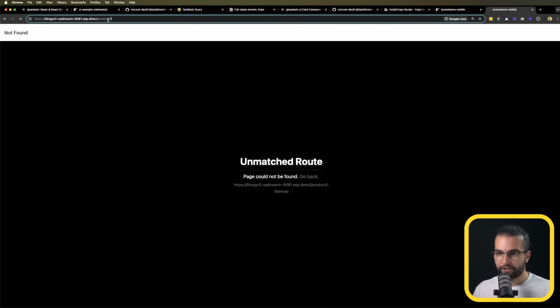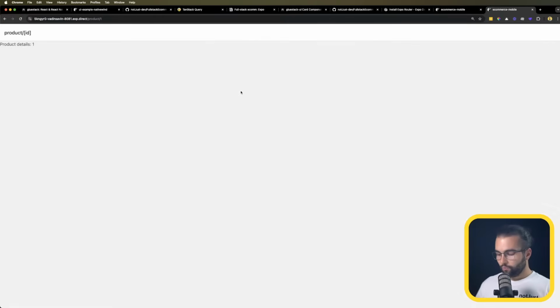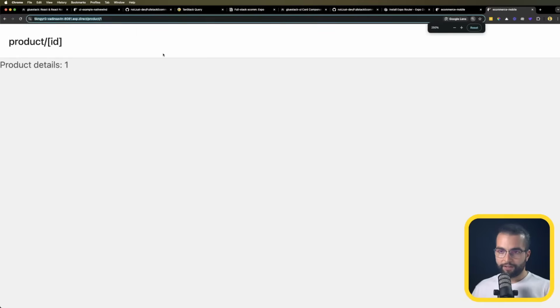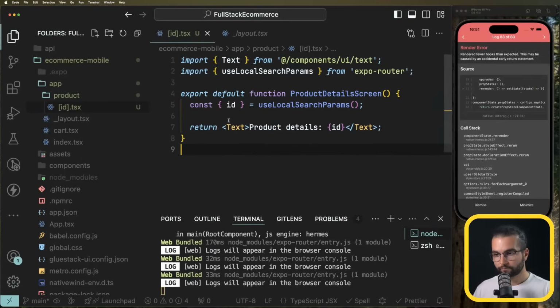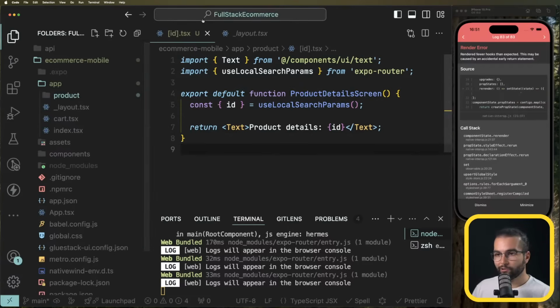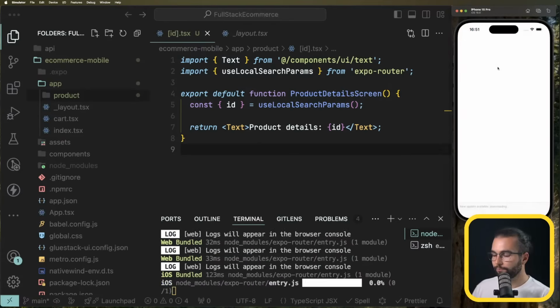If I reload the same page with /product/1, we should see product details 1. If I do /product/2, we're gonna see product details 2, and so on. So now this part of the URL is going to be parsed and sent as the variable with the name ID. That's nice because that's going to help us identify the product, and then here maybe search, find that product and render the details of it. But how do we navigate in our application? If I reload,